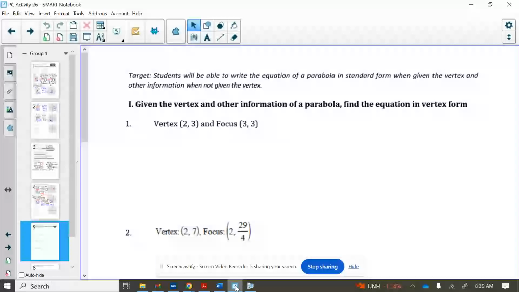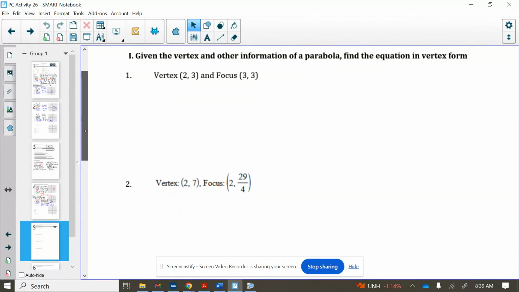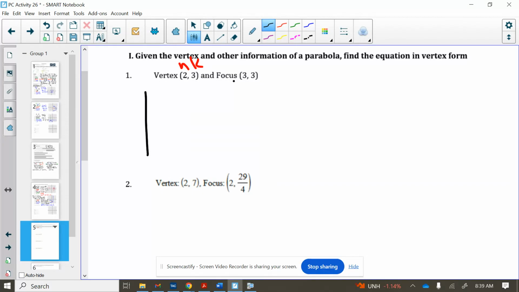We are going to talk about writing the equation of our parabola in vertex form given some information about the key features. So for the first part, if we are given information about the vertex, we know the h comma k value. We also then are given, in this case, the idea of the focus. So what I like to do is take a quick sketch. It doesn't have to be perfect, but I know I have my vertex here, and then my focus is at 3,